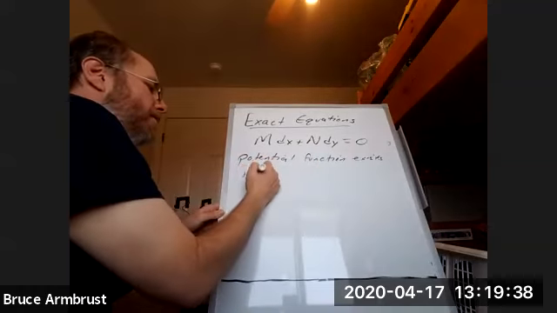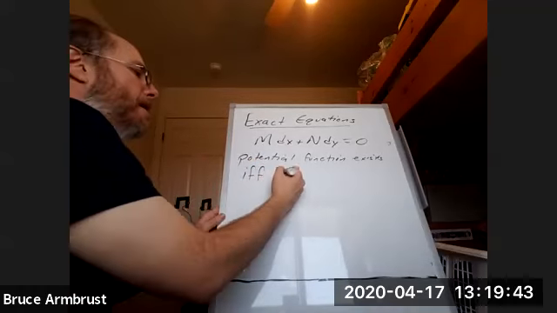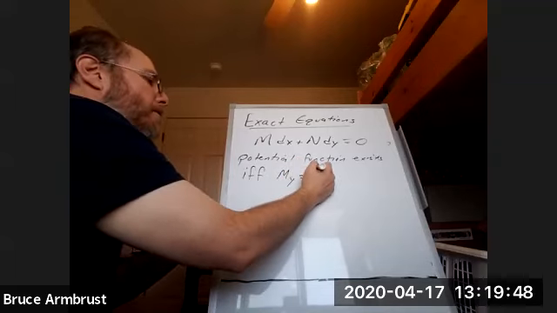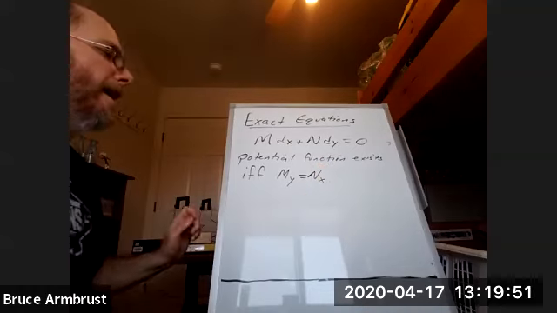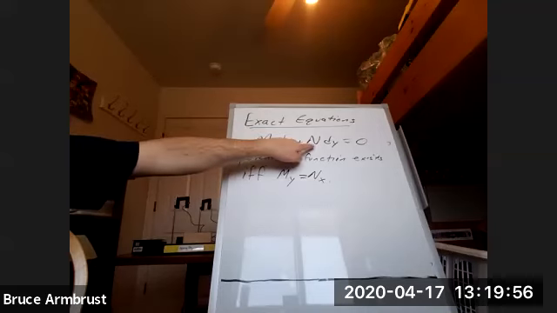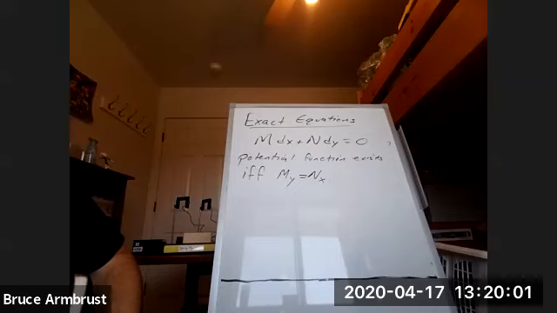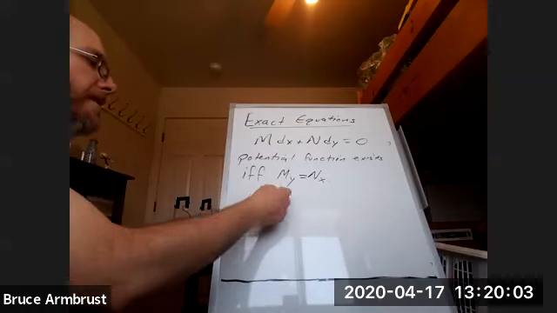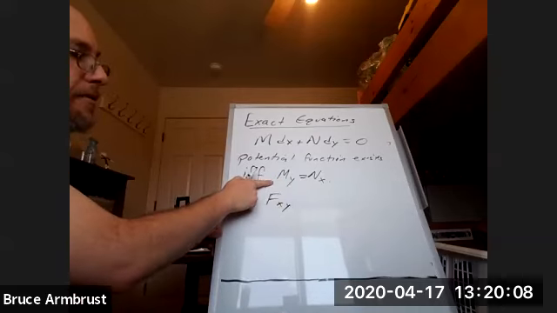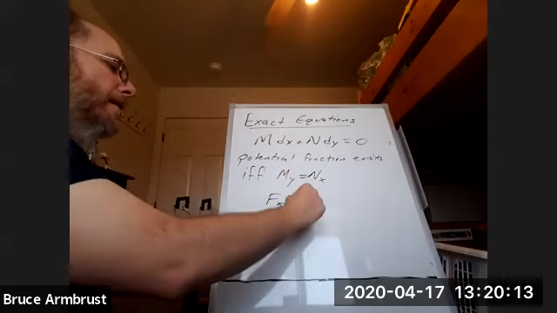And this is an if and only if, right? So this is a huge, they go together. But it's if and only if the my equals nx. So if you take a partial of the first bit with respect to y and a partial with respect to x of the second piece, those have to be equal. In terms of the potential function itself, this guy is fxy, because remember m is a partial with respect to x, but then we're going with respect to y. And then the n, this is actually